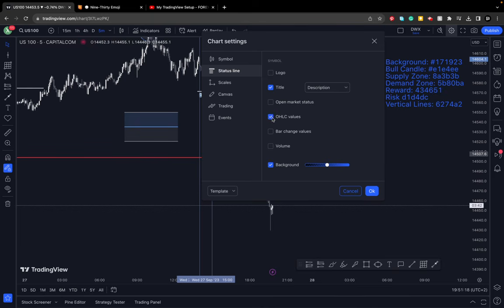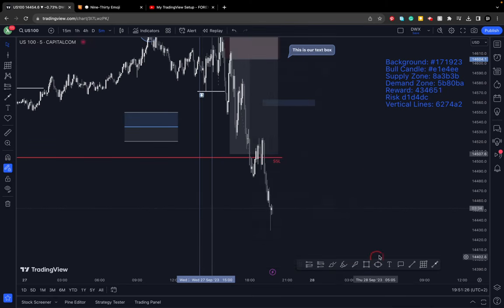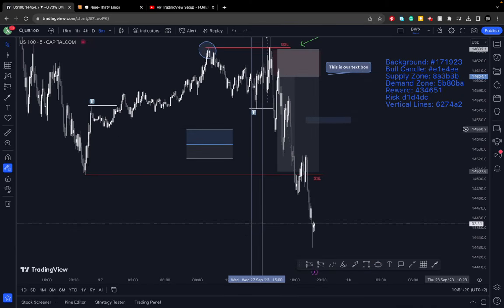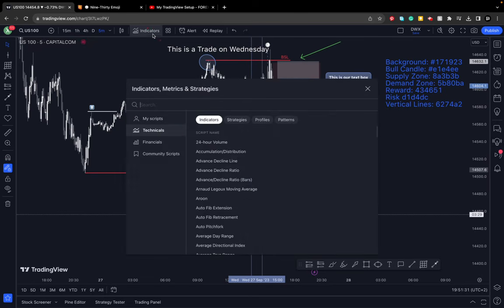Open, high, low, and close. I don't really use that often or at all. So I'm going to keep that turned off. So this is kind of what I have set in here. One thing we need to add is one indicator. So we go to indicator,